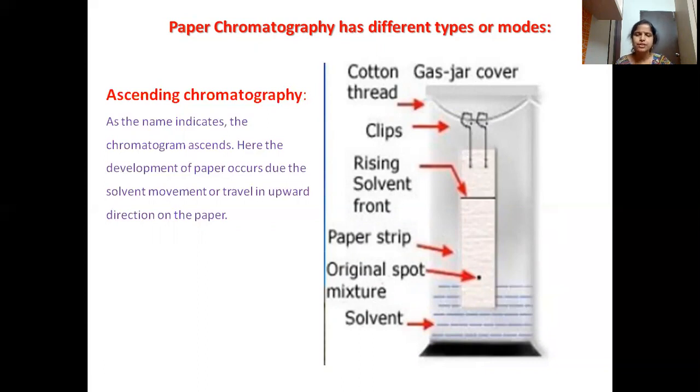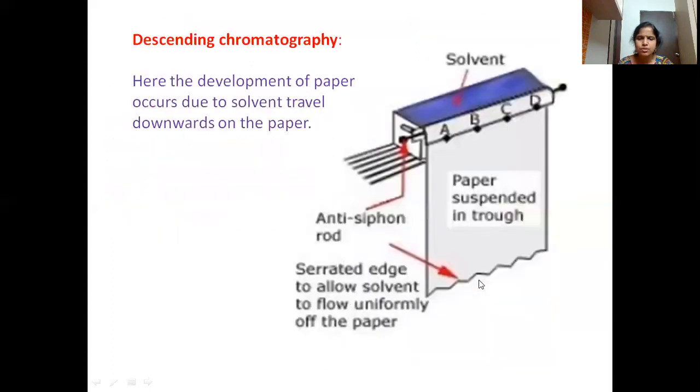It is bigger when compared to the TLC chamber. In that chamber, we take the mobile phase, that is, whatever solvent you are selecting, and fill it in the chamber. You have to take care that the spot, or the origin line, should be above the level of the solvent. This is the level of the solvent in the chamber, and you can see the spot is above that level. The loading point where the sample is loaded is above the level.